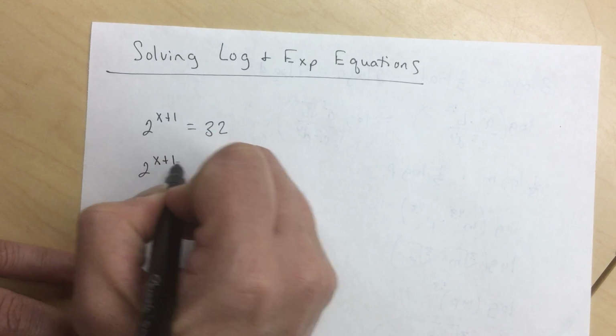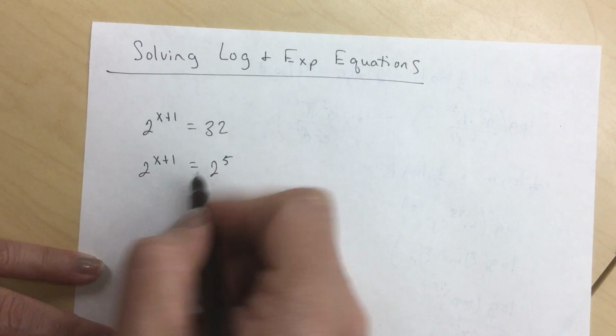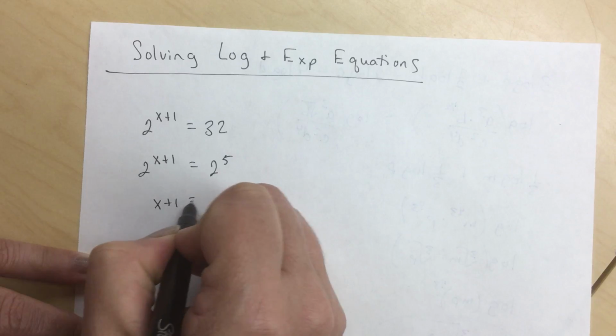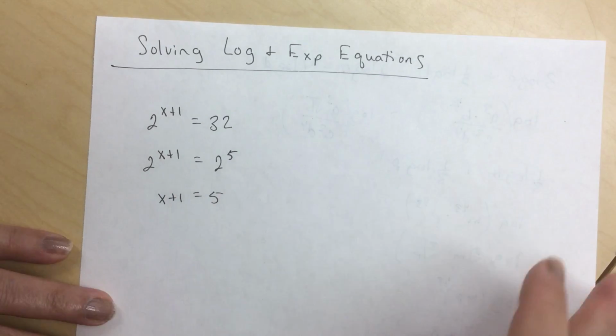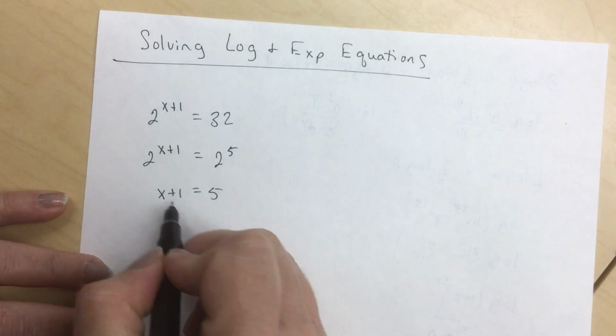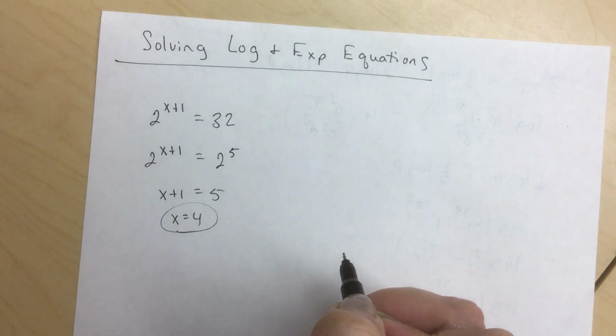So 2 to the x plus 1 equals 2 to the 5th. Once you have that, you can just say x plus 1 equals 5. So that's a lot easier than what I'm going to show you later on a harder problem. So then just subtract 1 from both sides and x equals 4. Okay? So another example like that would be,